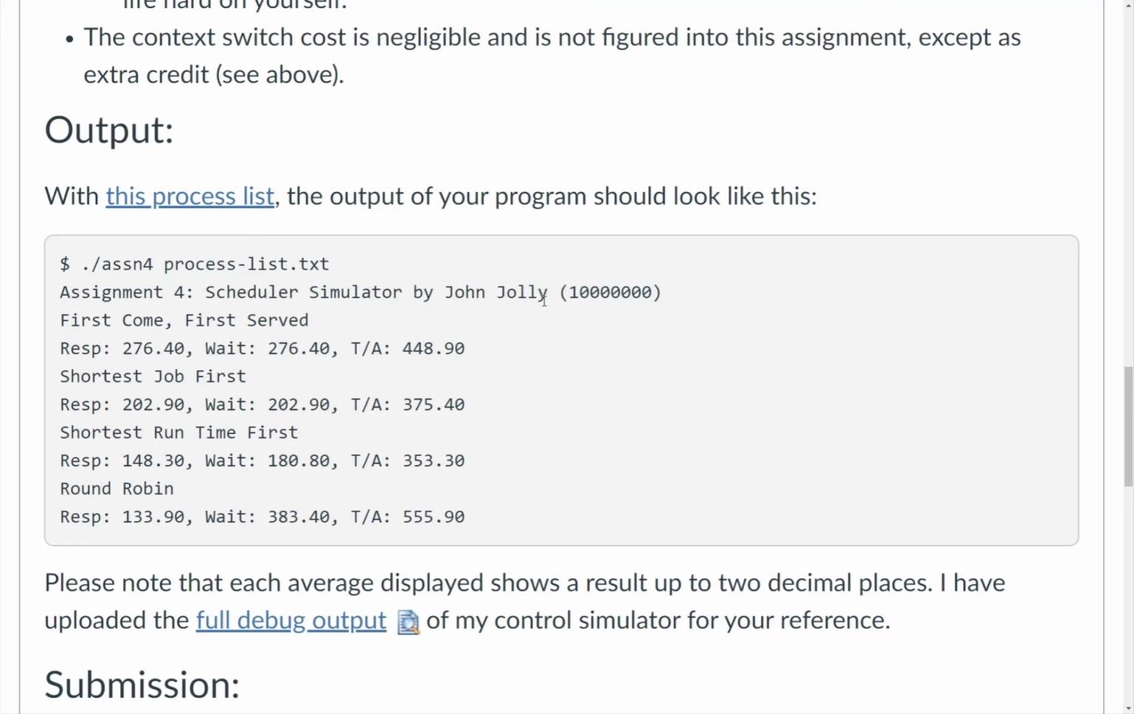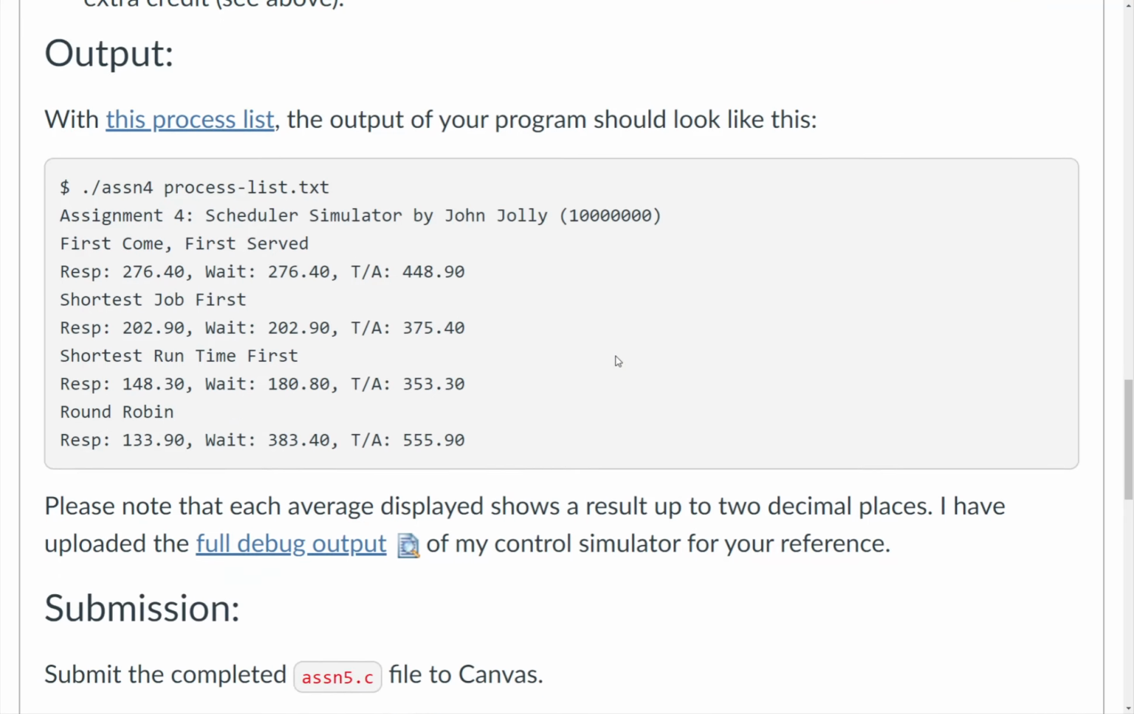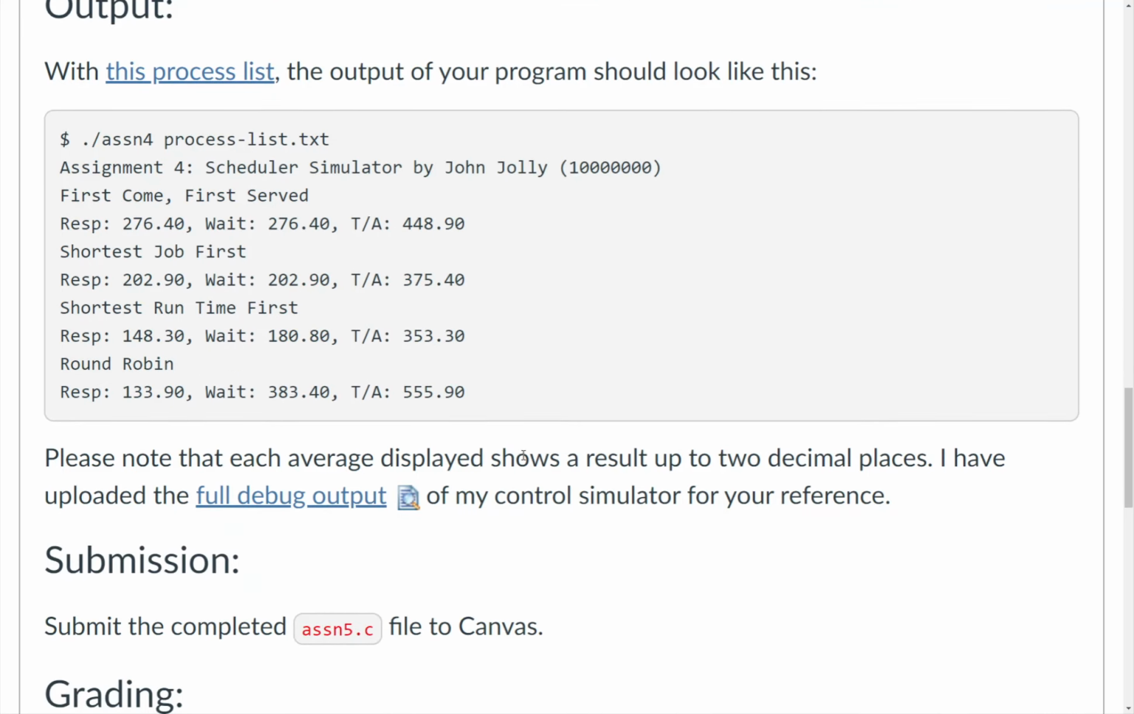So make sure that you print out the title exactly as you see here, with the colon and with the title and with your name and a UVID. And then you will submit ASSN4.c. Clearly this needs to be corrected. So let's take a look at